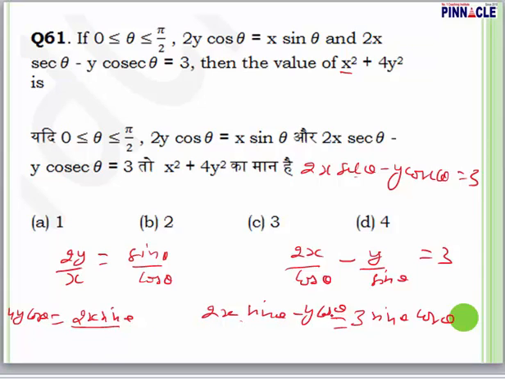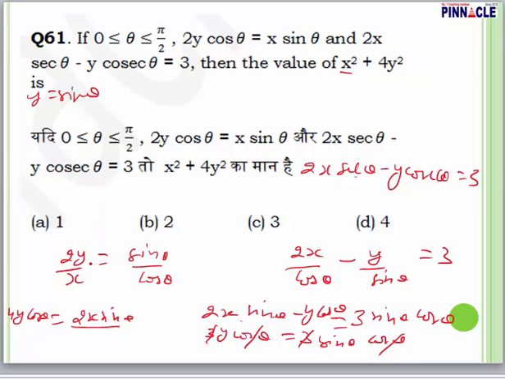4y cos theta minus y cos theta, that is 3y cos theta, which will be equal to 3 sin theta cos theta. You can cancel cos, you can cancel 3, so y is equal to sin theta. Now we have y is equal to sin theta. You can write here y is equal to sin theta, and in place of x you can find x would be equal to